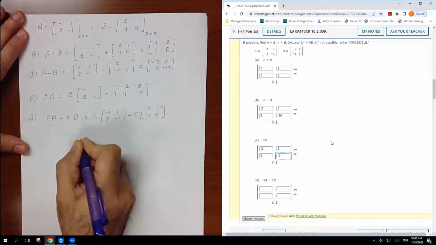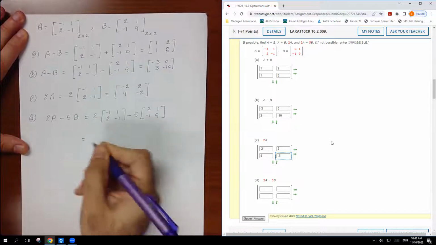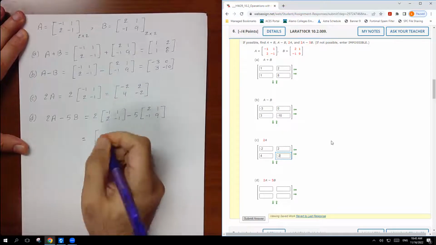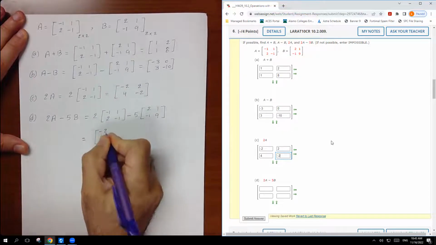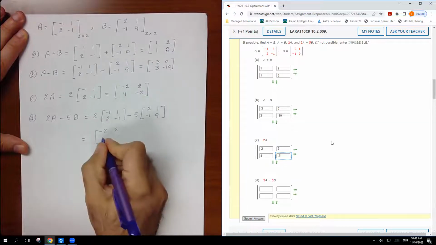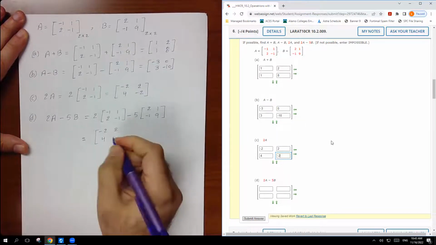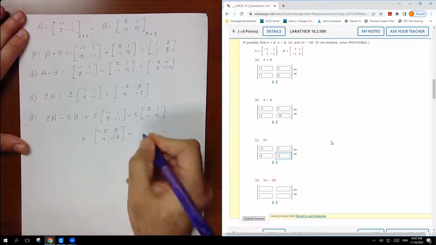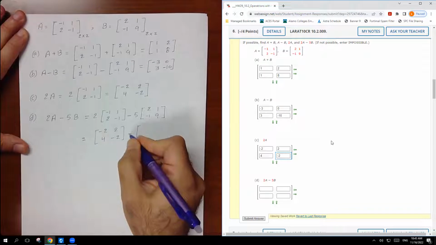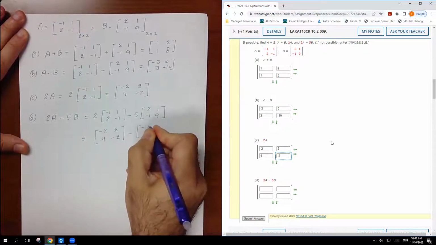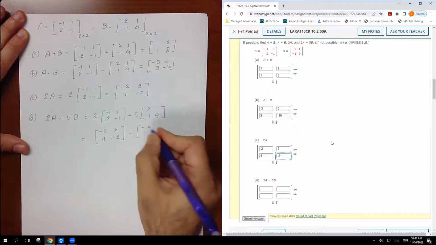Simplify it first. 2 times -1 is going to be -2. 2 times 1 is going to be 2. 2 times 2 is going to be 4. And 2 times -1 is going to be -2. Minus. The second one is going to be -5 times 2, which is -10. -5 times 1 is going to be,